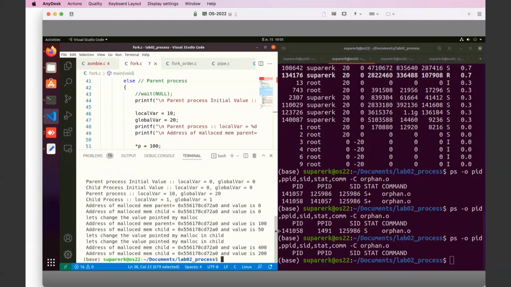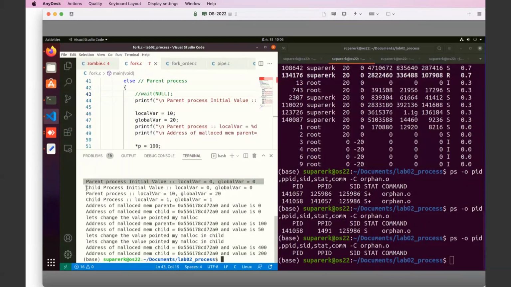Because there are two processes trying to run at the same time, maybe it's better if I allow one process to run first. Let's say I would like the child process to finish first and then the parent process can run later. Because now I cannot, if you see the result here,